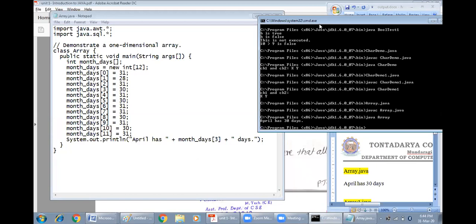Anyone has any issues at this time? You can tell in the chat. Should I increase the speed or decrease the speed, or is it okay? Naveen, voice is clear, right? Is it audible? Naveen says the voice is audible, sir. Rahul says it is audible, sir.